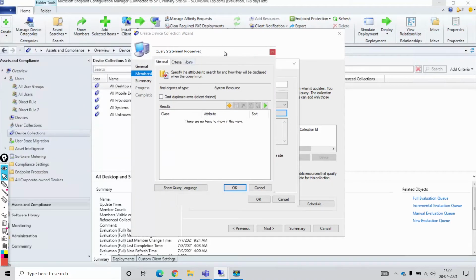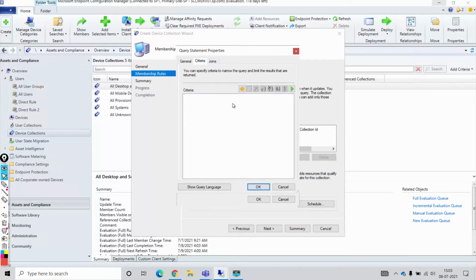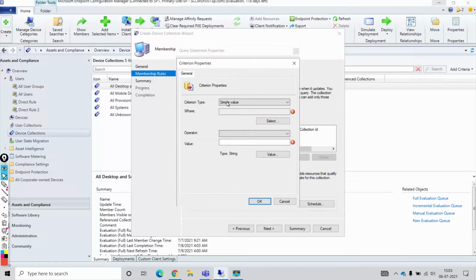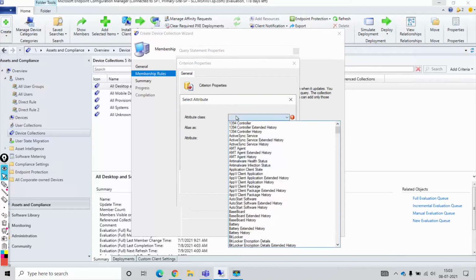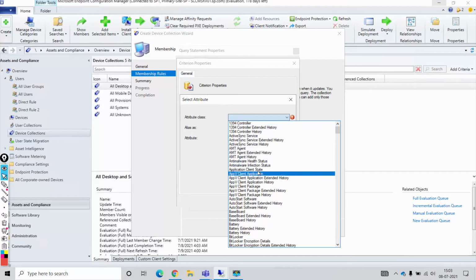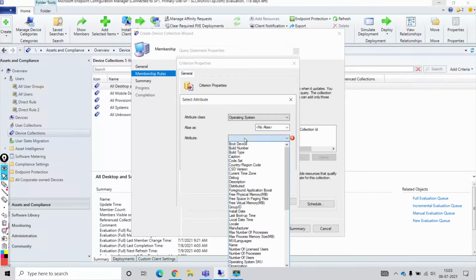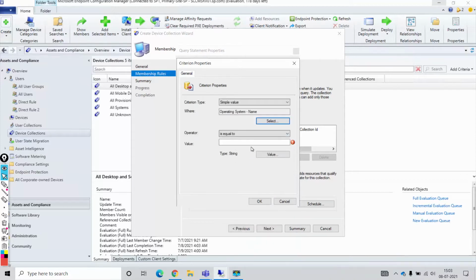So it is giving me this window: general tab, criteria tab, and joins. So I'll go with criteria tab. I want to define the where clause. Right, so I'll click on this star button. Now I'll define where clause. So I'll select attribute class. So I'll say it's operating system. I'll say operating system, and attribute class I'll say name, operating system name, and value should be